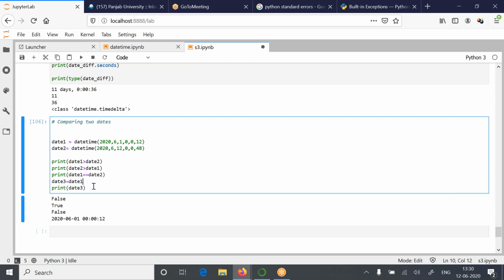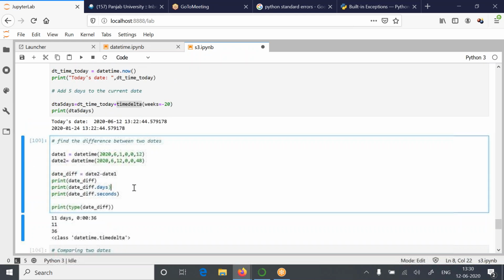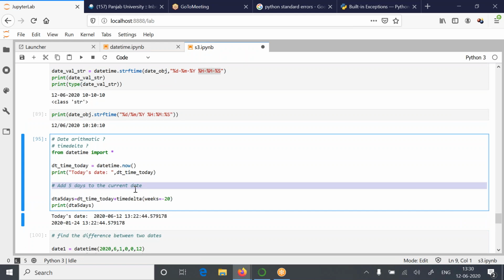So see, like normal variables, you can treat these datetime objects. You can assign one date object to another date object. You can compare them, and things like that. And this time delta is a very, very powerful concept. Any duration which you can mention in hours, minutes, seconds, weeks, years, days, that can be subtracted or added